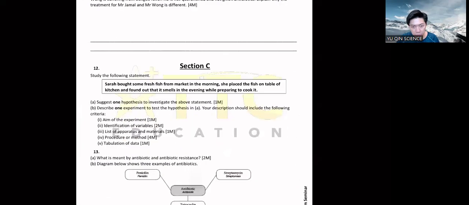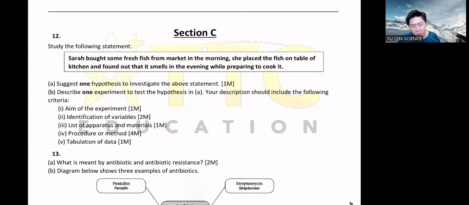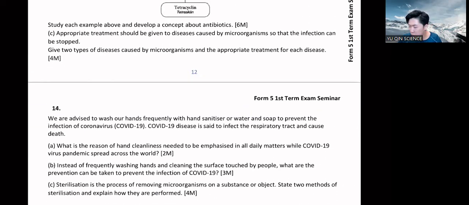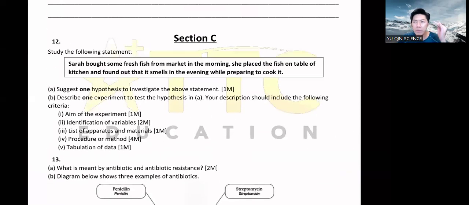Like this one, section C. You can try on your own, or you can copy my answer, download the answer sheet and copy my answer just to practice one time. I cannot do the essay today because all this takes a very long time. If you want to learn the formatting and how to do the steps, you can go to YouTube and type my name, Eugene Science. In the video tab, you can search for section C format or experiment format. That should help.